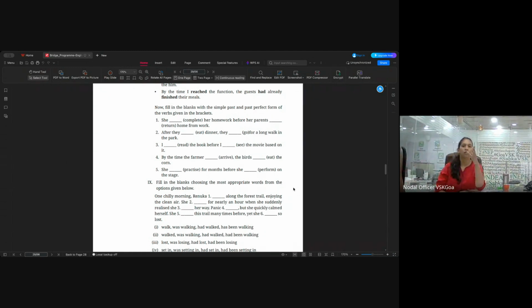So you have was walking, had walked, has been walking. So again, you have introduced a concept and exercises are just reinforcing the learning of that concept. One chilly morning, Renuka dashed along the forest trail, enjoying the clean air. So was walking along the forest trail and so on. Scroll down.